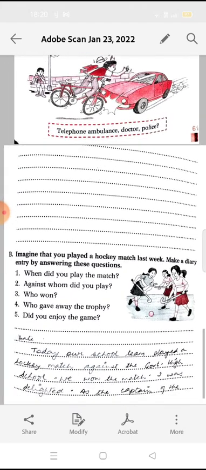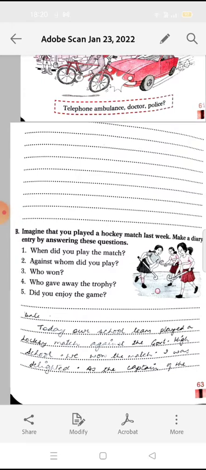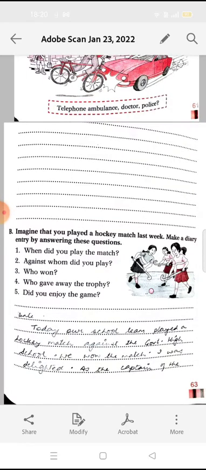ऐसे करके you can write. If you want to write on your own, you can also try writing. ऐसा नहीं है कि if I am sending you, you have to copy the same. You can also try doing on your own and just show me for if any mistakes are there. Okay. Now